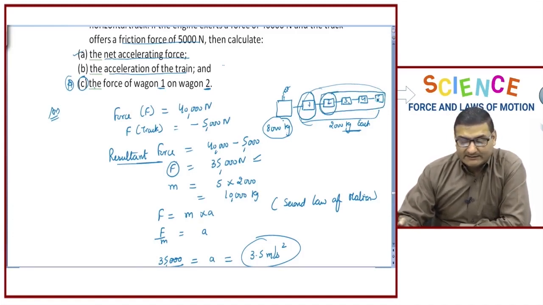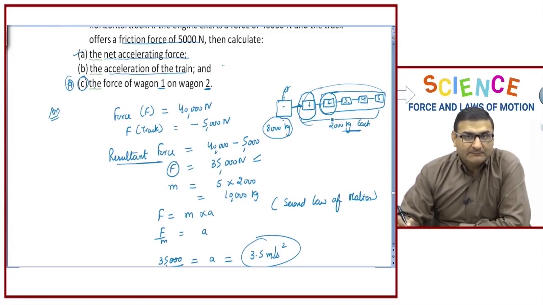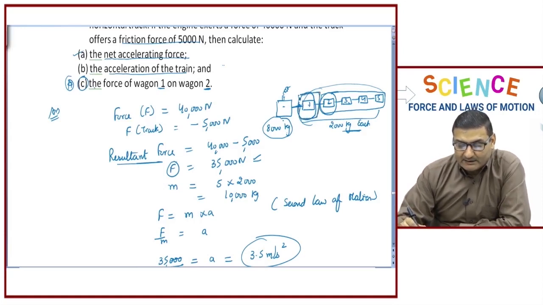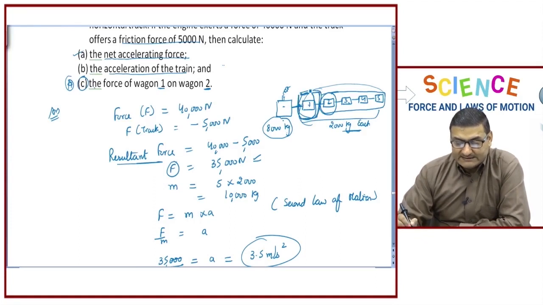The way we calculated that the engine was applying force, then we took the engine's force on all these wagons. We had summed up the mass of all the 5 wagons. Similarly, when we are talking about the force by this particular wagon number 1, then we will see that wagon number 1 will be applying force not only on this particular wagon number 2, but this will be all connected. So this is the main important thing we need to remember first. Second thing,